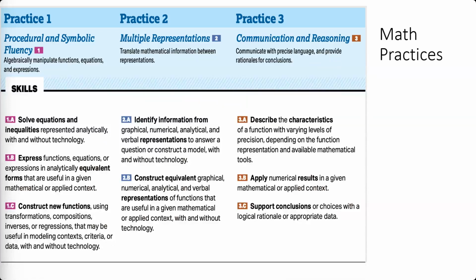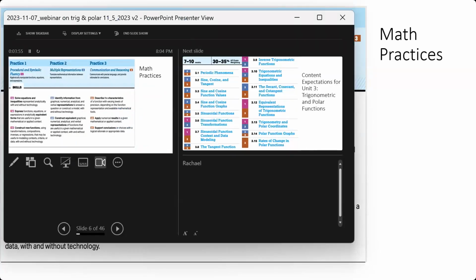Okay, so we're going to talk about Unit 3, but overarching across all of the units are the 3 mathematical practices for advanced placement pre-calculus. And these skills are also part of the calculus. And actually, if you step back, I think they're pretty good to have no matter what course you're teaching in high school. And so we care about procedural and symbolic fluency, multiple representations, and communication and reasoning. Those are pretty important components of how we make the instruction take place in our classroom.